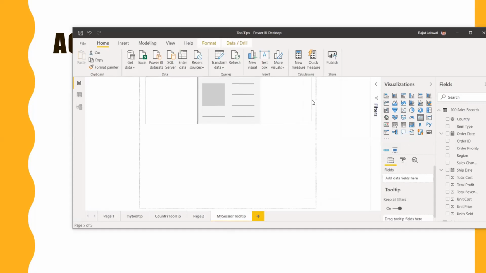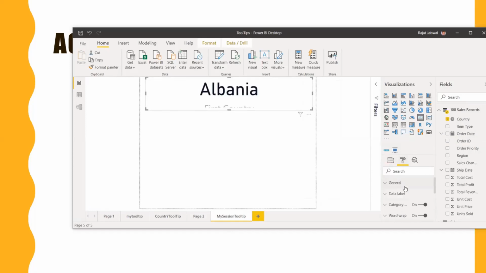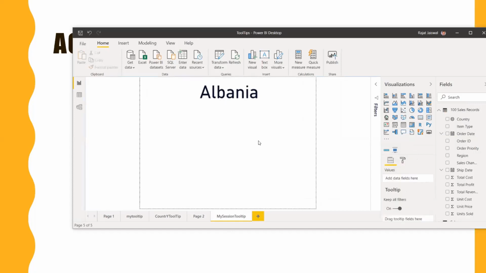On that card we need the country name. Although there are other ways as well, I am showing you a simple way. Albania is the default country right now, let it be.